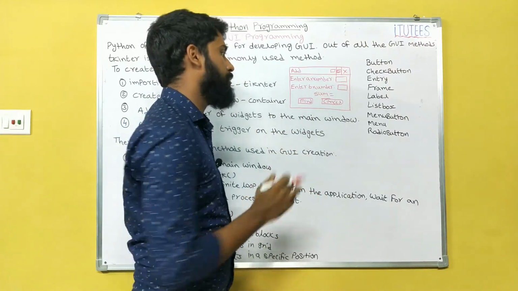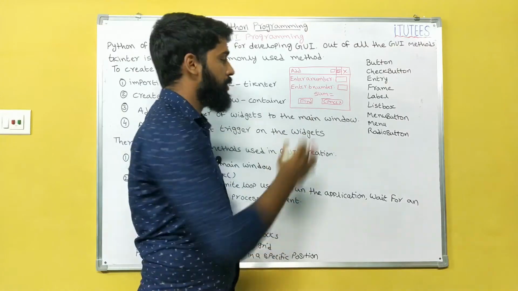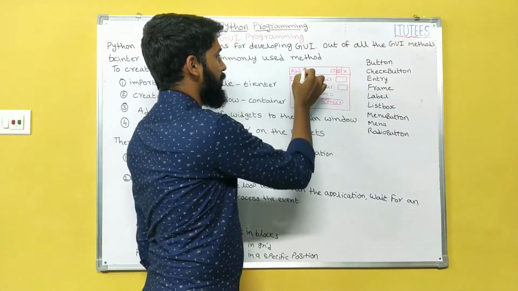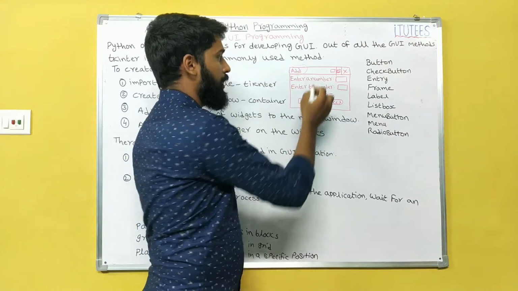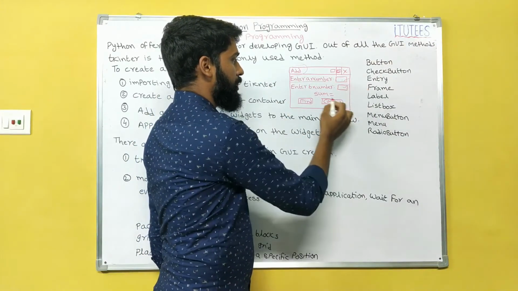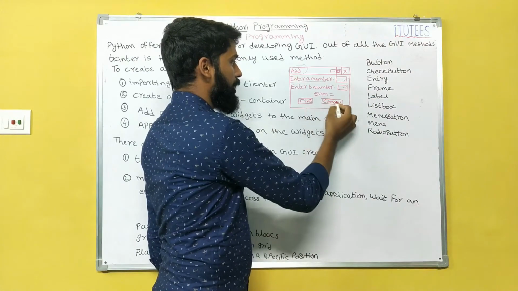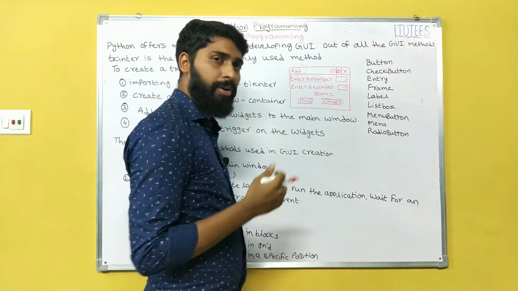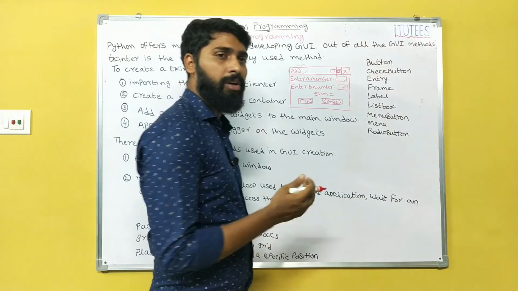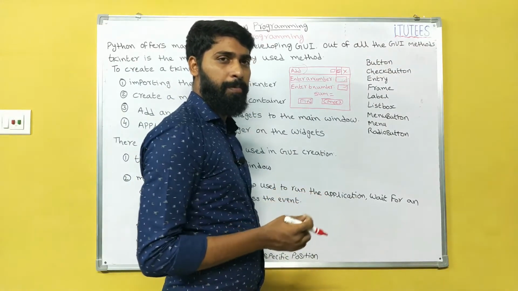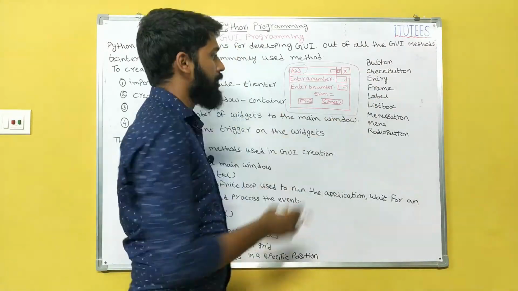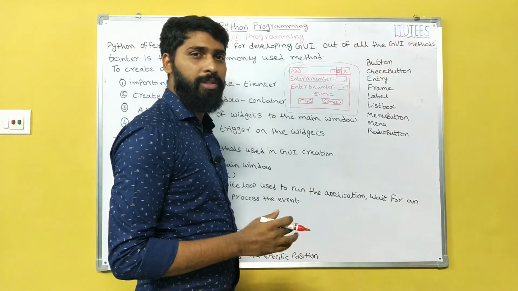Graphics means when you open a window, this is the window, with the closing button, minimize and maximize, this is the name, and these are the labels, these are the text boxes, and these are the buttons. If you are creating a program with widgets, we call it graphical user interface programming. That means creation of these windows. So how can we create these types of windows in Python?